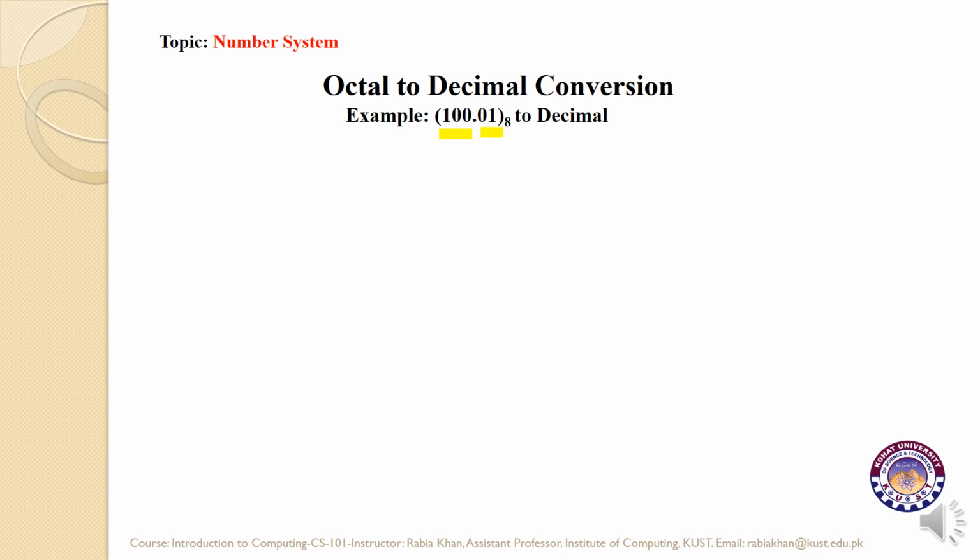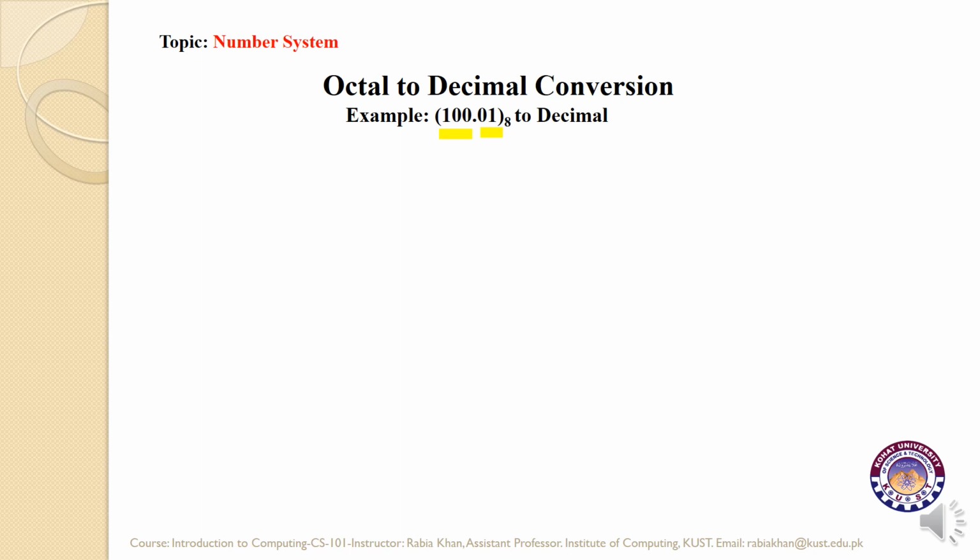The multiplication process begins from left to right. But as I just mentioned in previous slide, for your convenience, you can start the multiplication process for both the integer part and the fractional part right from the decimal point. So it will lead you towards either from right to left or from left to right. So one part will move from right to left and the other part will move from left to right if you start the multiplication process from the decimal point.